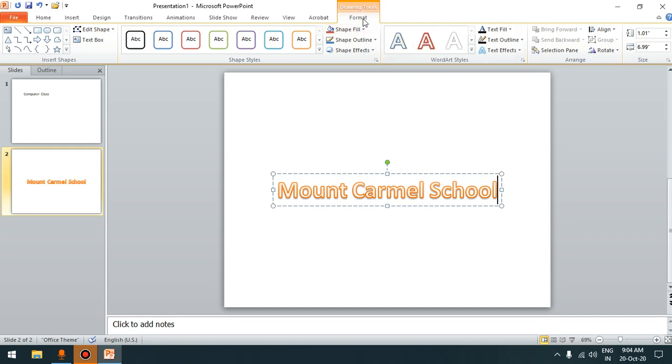Using this Format tab we can format this text, which we have entered using the WordArt feature. If I want to format this WordArt, then I can use this WordArt Styles group, and here we can fill the color in the text. You can see